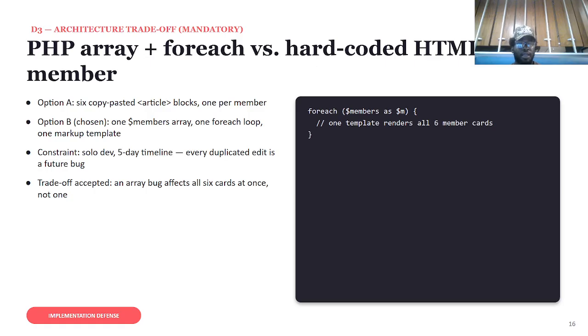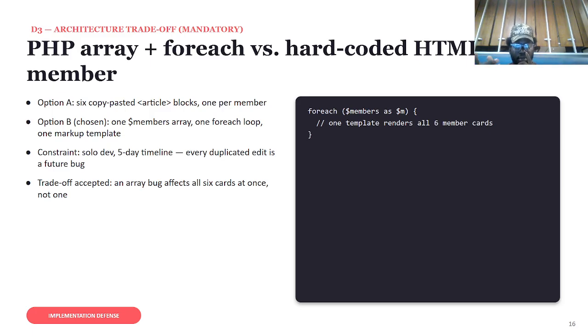Architecture trade-off. I seriously considered two approaches for rendering my member cards, which were hard-coding six near identical HTML blocks, one per member, or building one PHP array and looping over it with foreach against a single markup template. So given my actual constraints, working on this project on my own, and the amount of time I had to do this in,